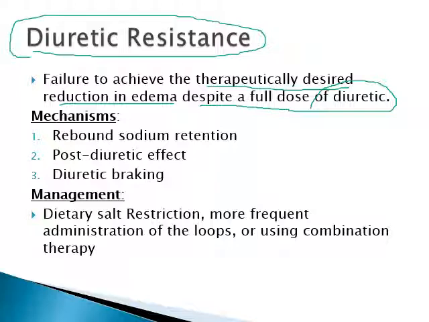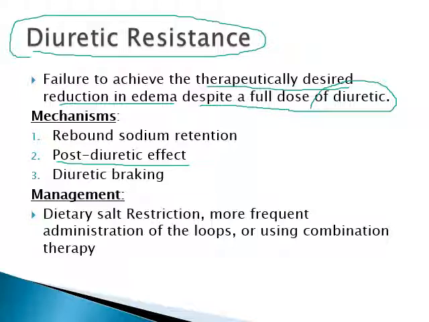And also there is one term, post diuretic effect. It is said that whenever the levels of loop diuretics fall, that will again cause increased reabsorption of sodium. How? By causing an increased number of transporters. The body will try to increase the transporters that are present in the nephron, and also there will be renal cell hypertrophy. There will be hypertrophy of the PCT, due to which there will be increased reabsorption of sodium. So this is post diuretic effect.